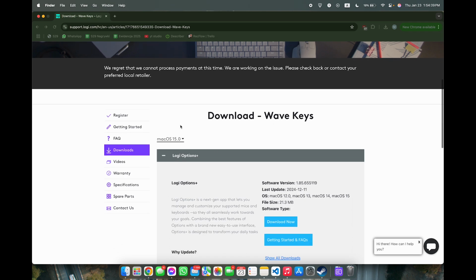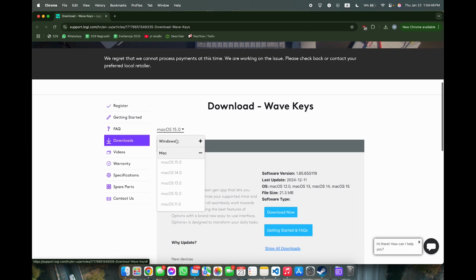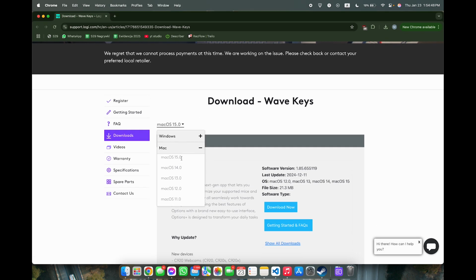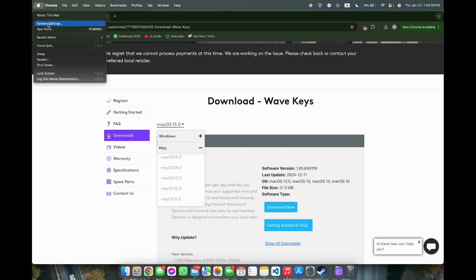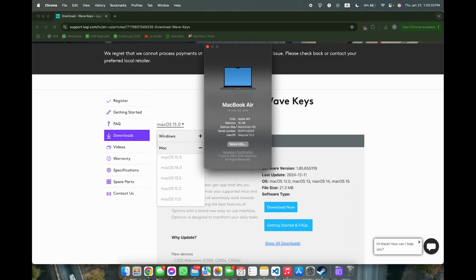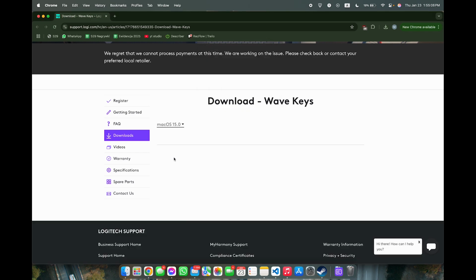And then go to this website, which is provided in the description down below, and select your operating system. So since I'm downloading it on Mac, I'm gonna select my macOS 15.0. If you don't know which macOS you have, you can just click on the Apple logo in top left corner, and then click on About This Mac, and you should see your macOS here. Mine is Sequoia 15.2. So I'm gonna select the macOS 15.0,